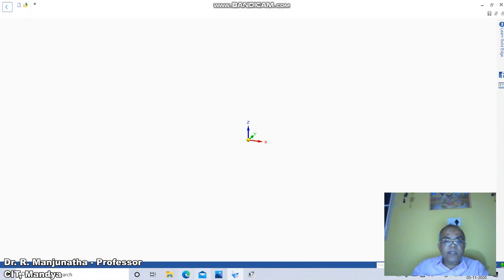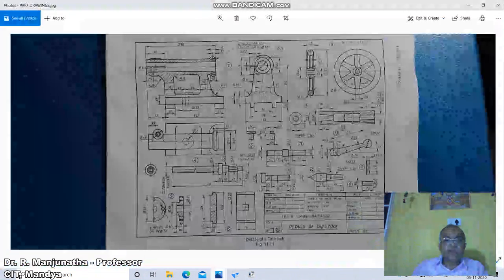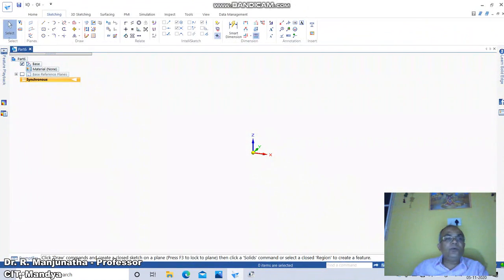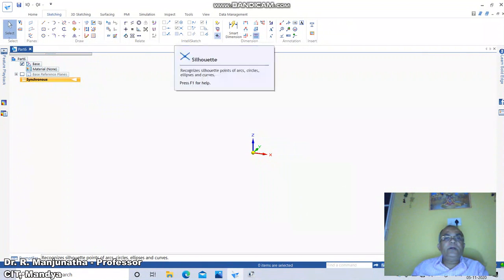You are going to have a thread as shown here. So we have a thread on this side and also a thread on this side. That is why it is called a stud, wherein you have an M16 here and here also we have M16. So to create this, first we will go to